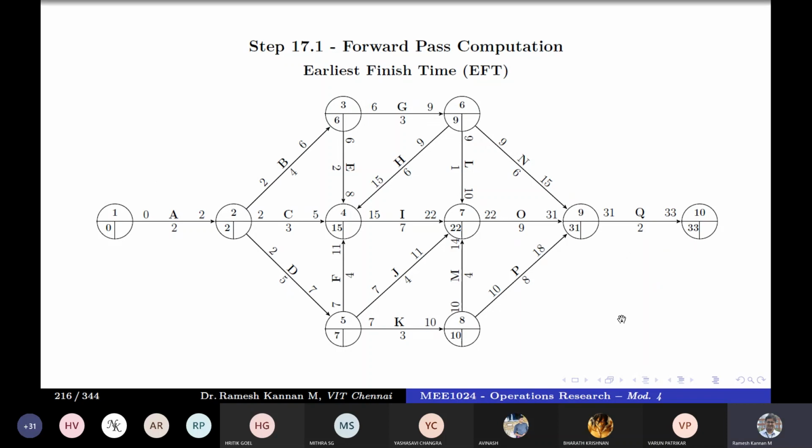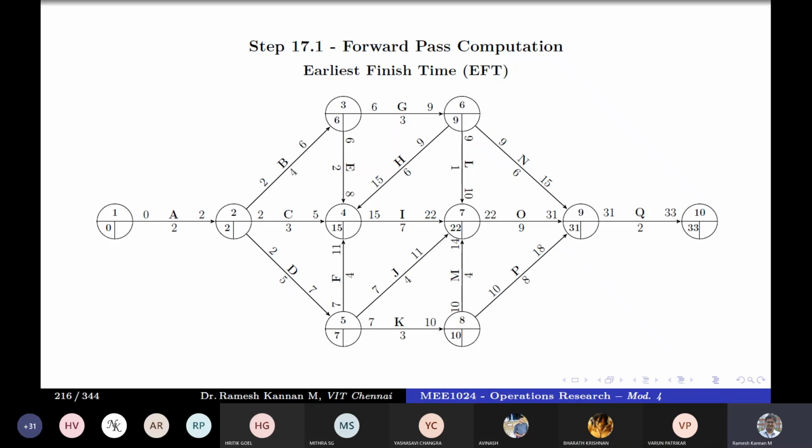So this is a simple network diagram. In real practice, there might be thousands, 10,000 activities. So they use computers to calculate all this, but you should know the logic behind this. You need to know what is earliest start time, how you calculate earliest finish time, what is meant by forward pass, what you will consider in a forward pass, or what you will get out of a forward pass. That is what you need to know at this point in time, right?